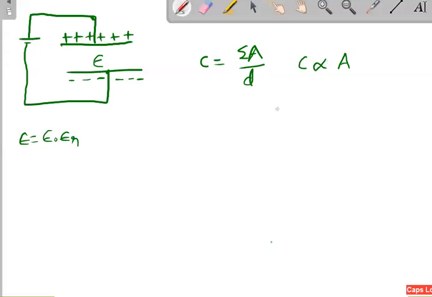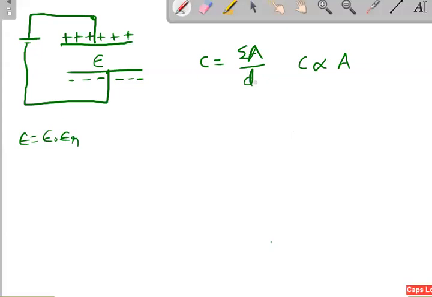What is the idea from this? Whenever you are discussing something, you have to keep another thing fixed. If I am fixing epsilon, the medium value, you cannot change that anyway. Once you put some material, epsilon is fixed, and D is in your hand. Then we will also see what happens once you change D.